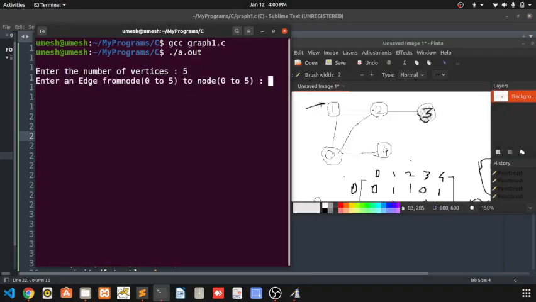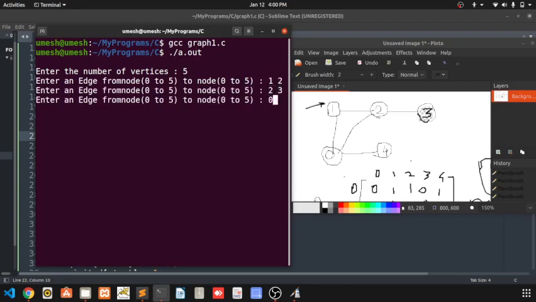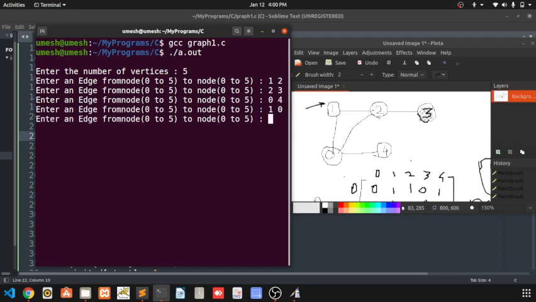5 edges, 1 to 2 there is an edge, 2 to 3 there is an edge, 0 to 4 there is an edge, 1 to 0 there is an edge, and 2 to 0 there is an edge, -1 and -1. Okay, what I have done here.